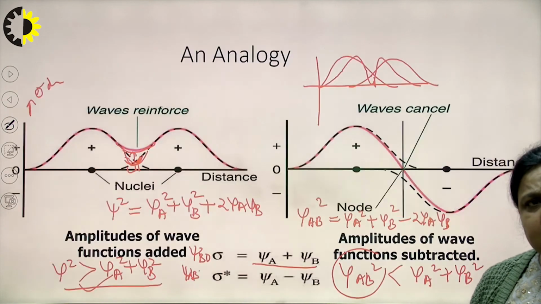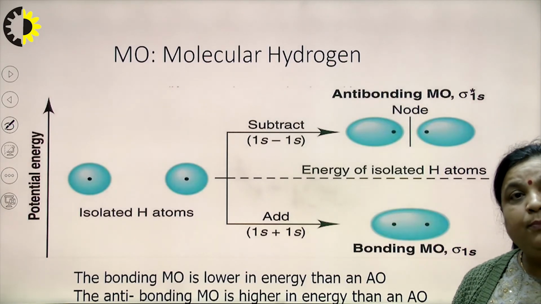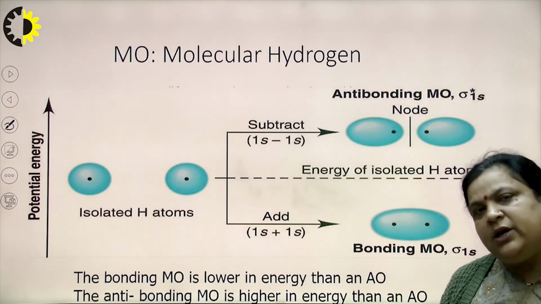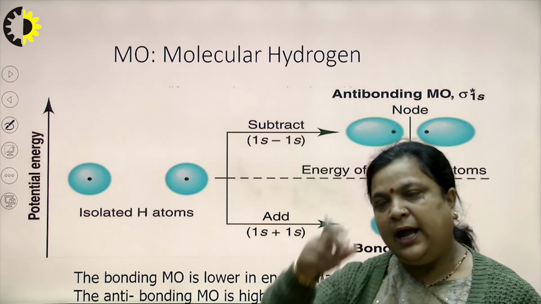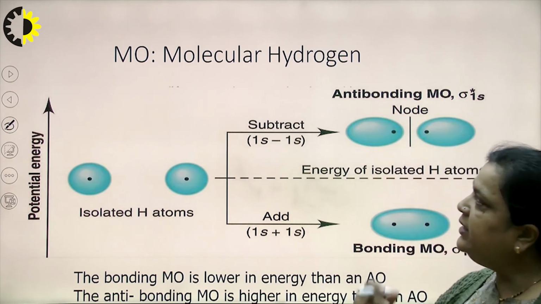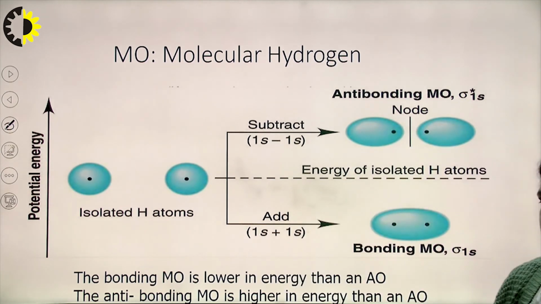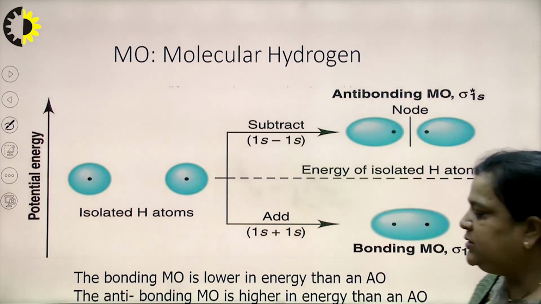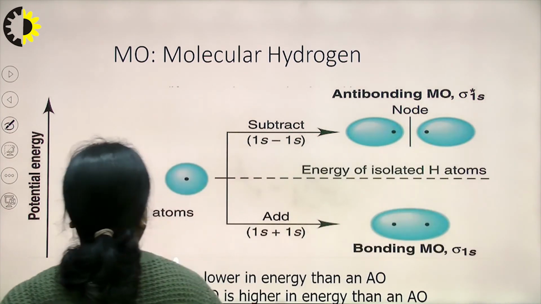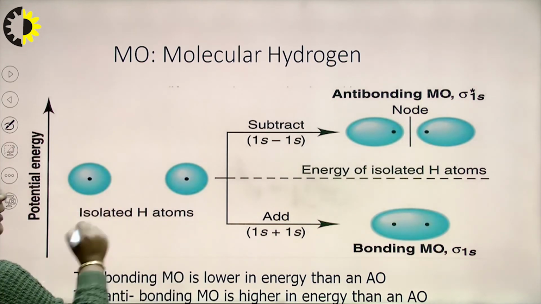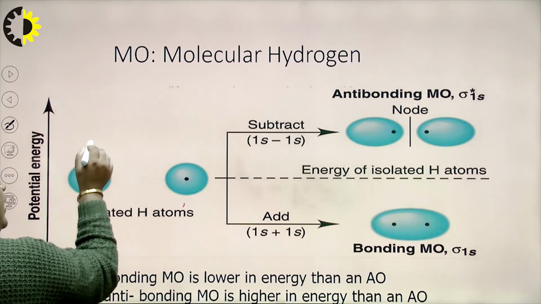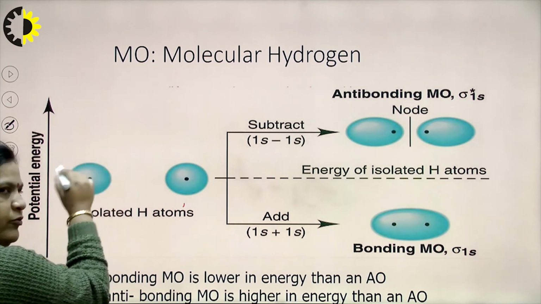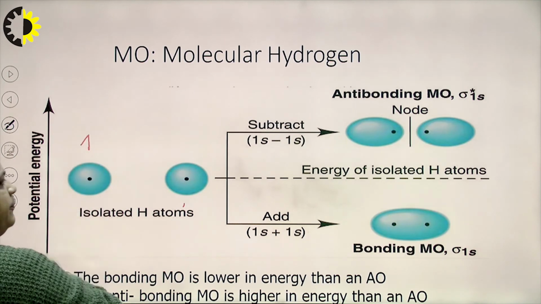Now next, there is a confusion between sigma and pi. Those orbitals which are along the internuclear axis form a sigma bond, and those which are perpendicular to the internuclear axis form a pi bond. Let's take an example of the hydrogen atom. In the case of the hydrogen atom there is only one electron, so HA, and suppose this is HB, and one electron is present in the s orbital. Since the s orbital has a spherical shape, we can draw it like this. So one electron in this again.